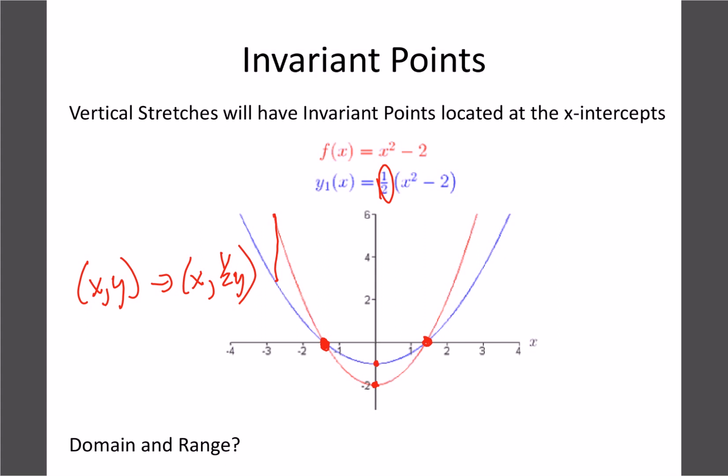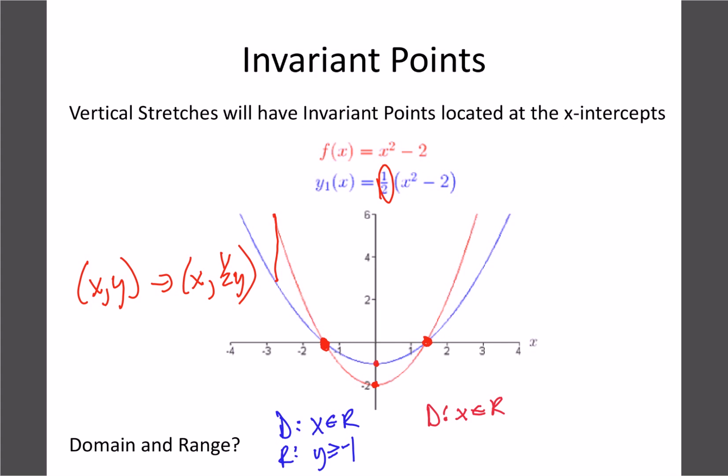So you can see our domain and range kind of work the same. Our original graph had a domain and range. The domain was any real number. I'll do it the old way. And our range was greater than or equal to -1. Now you can see in our stretched graph, it got squashed up and down, but our domain didn't change. It's still the same, and our vertex now is at